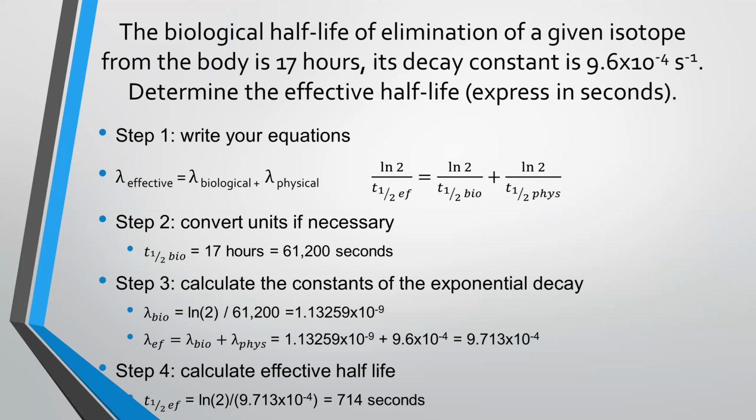So this is effective half-life, meaning this is the practical value which you would find, because there is a body involved, there is an organism involved in the process. It's not just happening in nature. If it was in nature, we would happily accept the value of 9.6 times 10 to the power minus 4 per second. But because the body, the organism, is also involved, we have effective half-life.